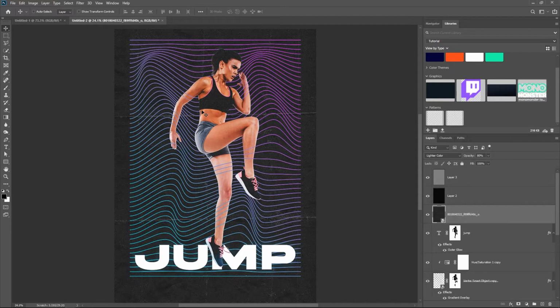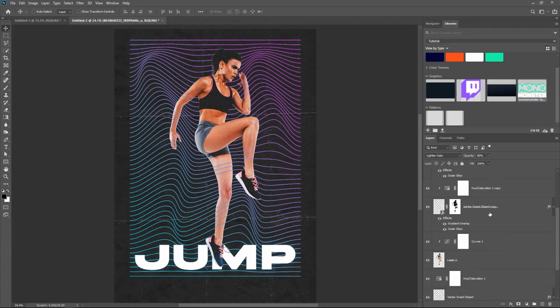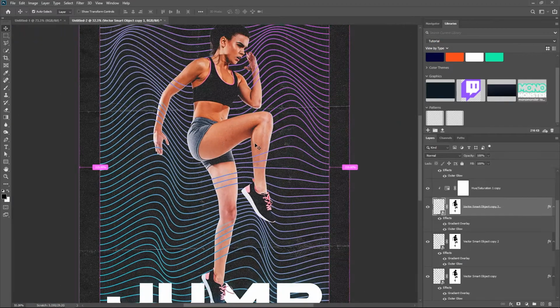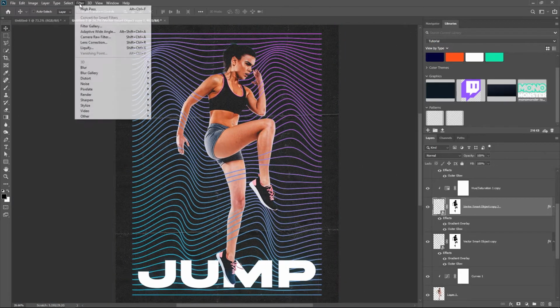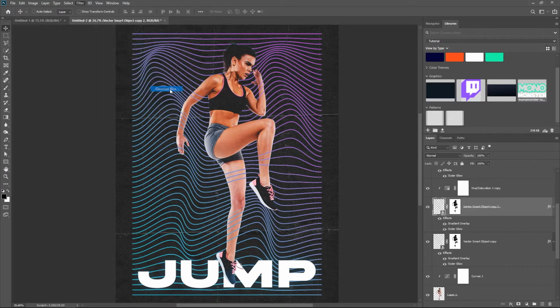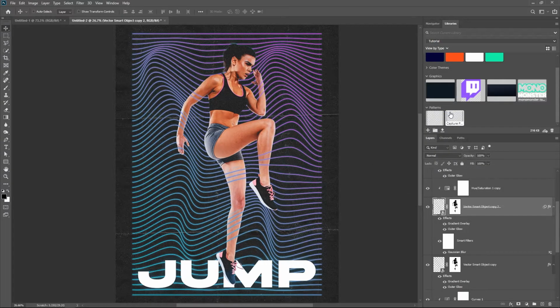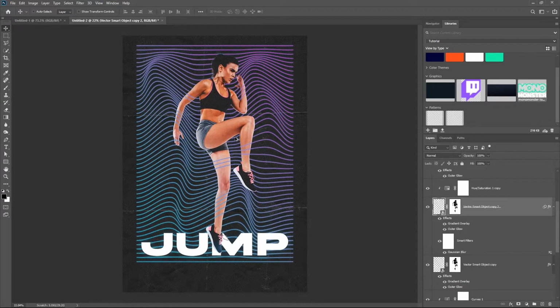So what we're going to do is duplicate our lines layer again, and maybe one more time. Yeah, I'll take that back, and we'll do filter, blur, Gaussian blur, and we'll notch that down just a little bit. And that's giving us a nice little effect there. One thing we can do now is our subject's kind of getting a bit lost with all this glow going on. So I'm going to reduce the opacity of that just a little bit,